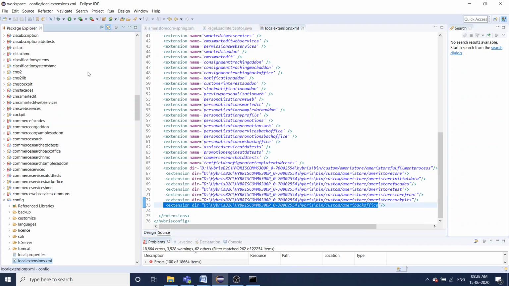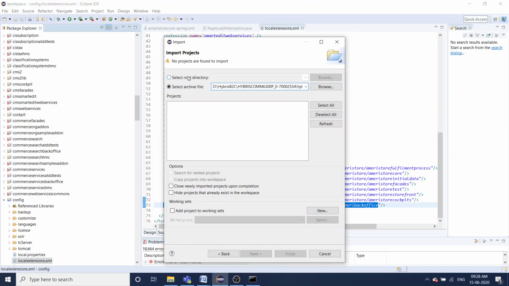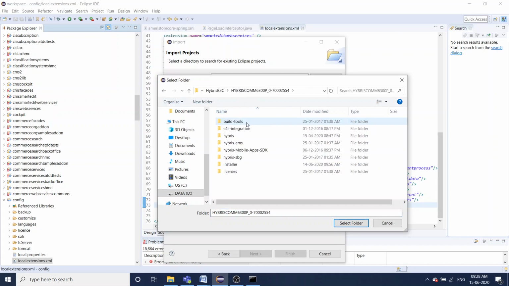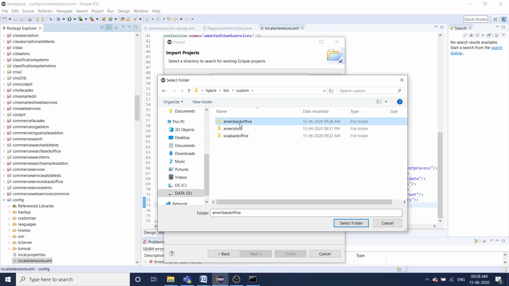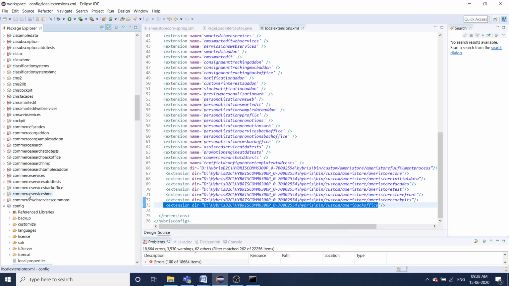Now just import the project. Import our new extension into Eclipse. Go to bin custom. Here is our ameribackoffice extension, select that one and import the file.